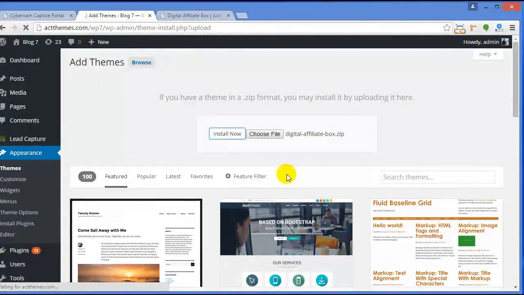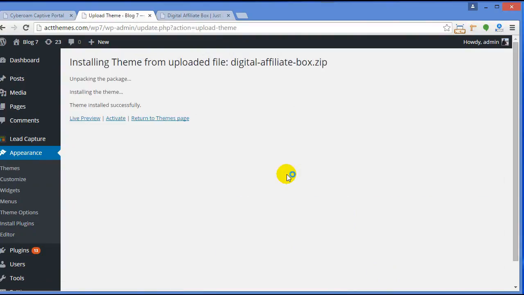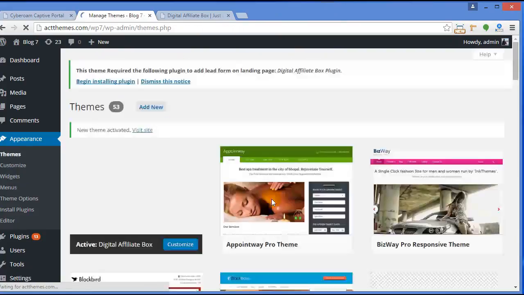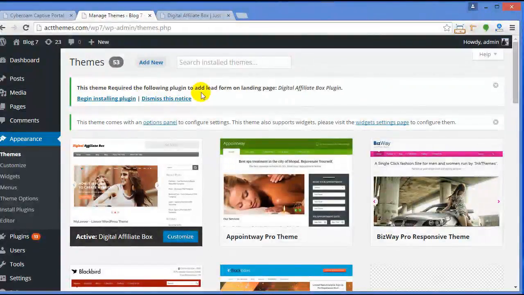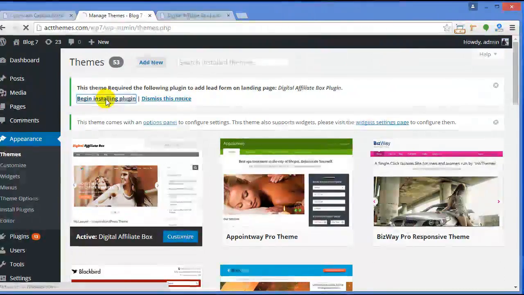As you can see, the theme is installing. Okay, now just click Activate. Now the theme is activated. Now you need the Digital Box plugin. You already got this message over here. All you need to do is click on Begin Installing Plugin,